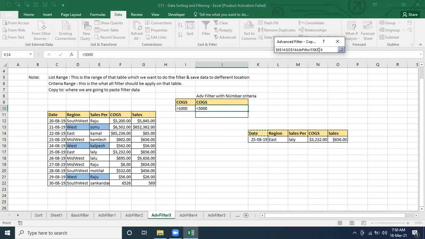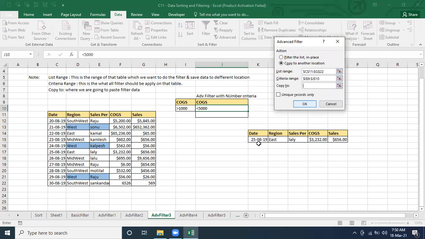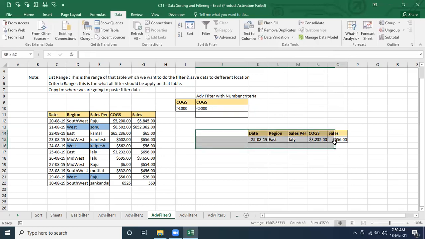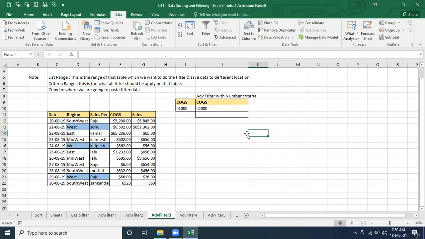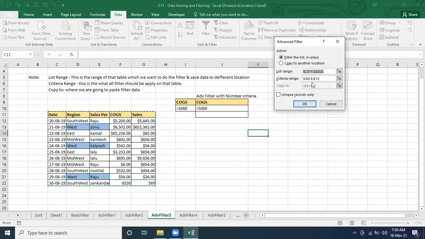We have to remove this option first, then select where we want to do it, here itself, and click on OK. It's not going to work. I tried a lot, it was not working, so let me try once again.